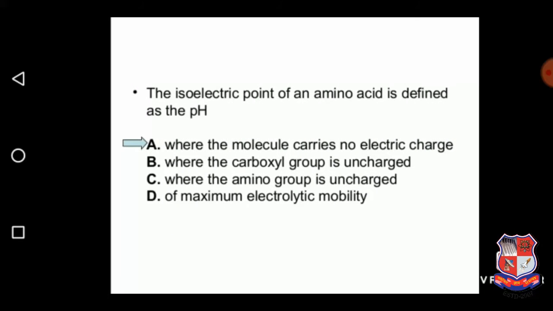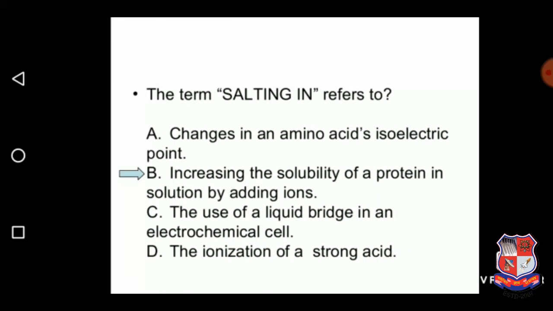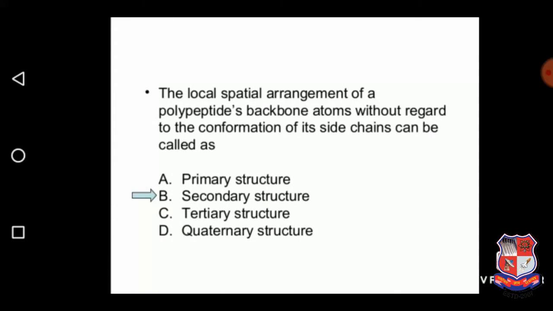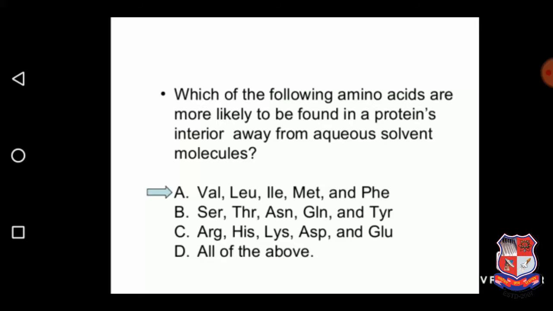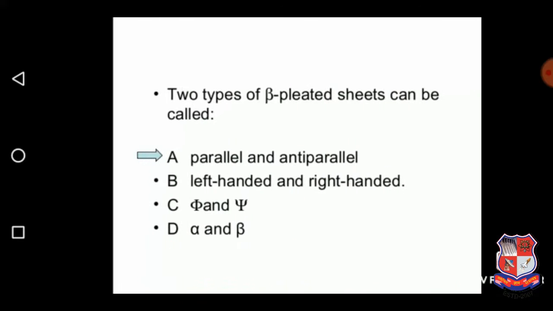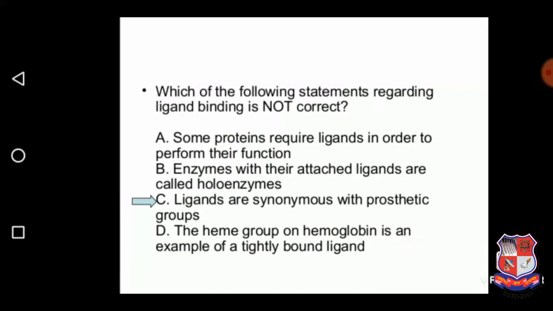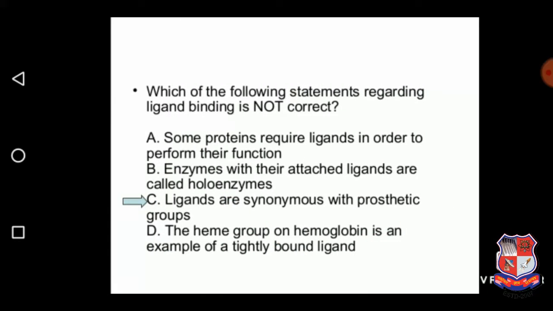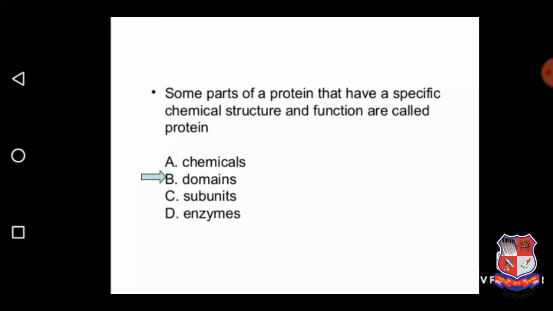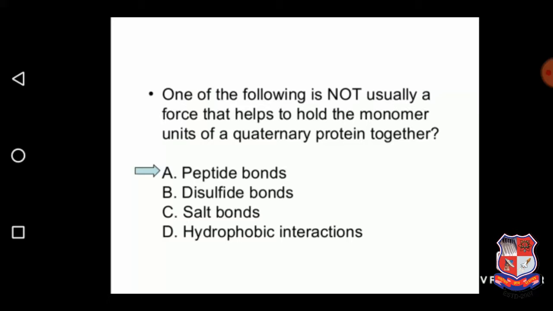Secondary structure of the protein, isoelectric point, amino acid alanine, salting in, salting out, local arrangement, which of the following amino acids, which of the following is true of primary and secondary structure, two types of beta pleated sheets, characteristics of the globular protein, which of the following statements is not correct? The alpha helix of the myoglobin, some parts of the protein that have a specific chemical structure. Which one of the following is not usually a force